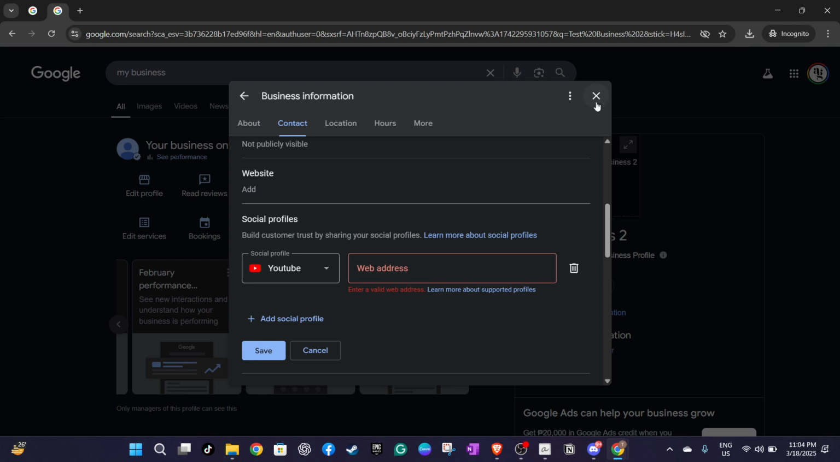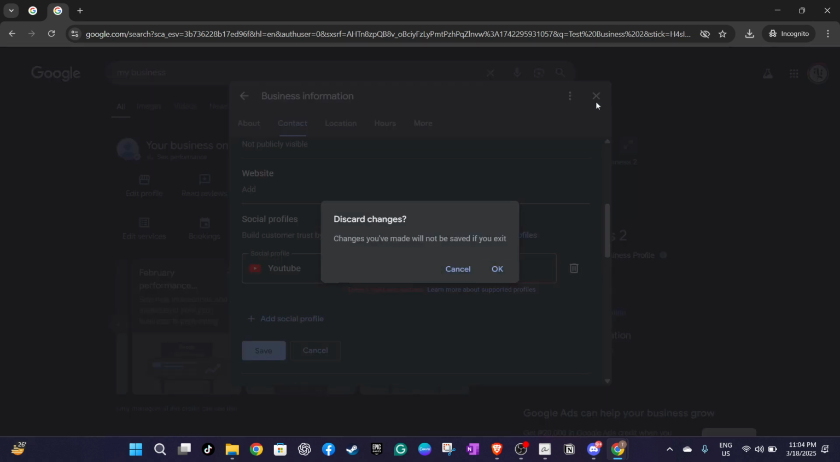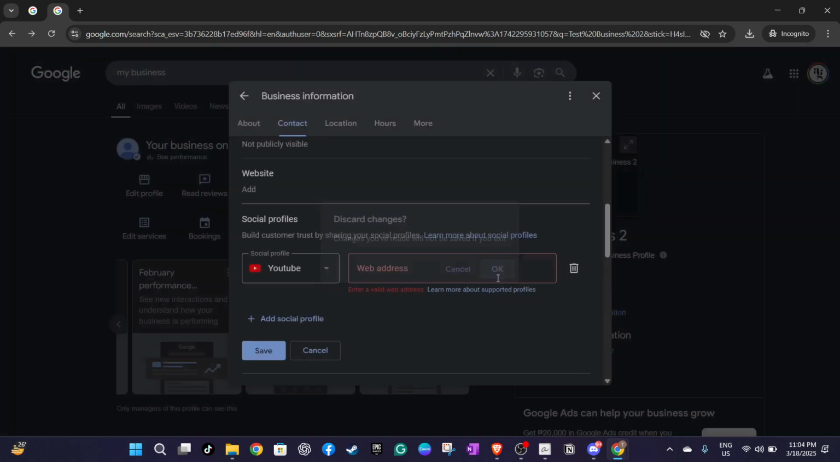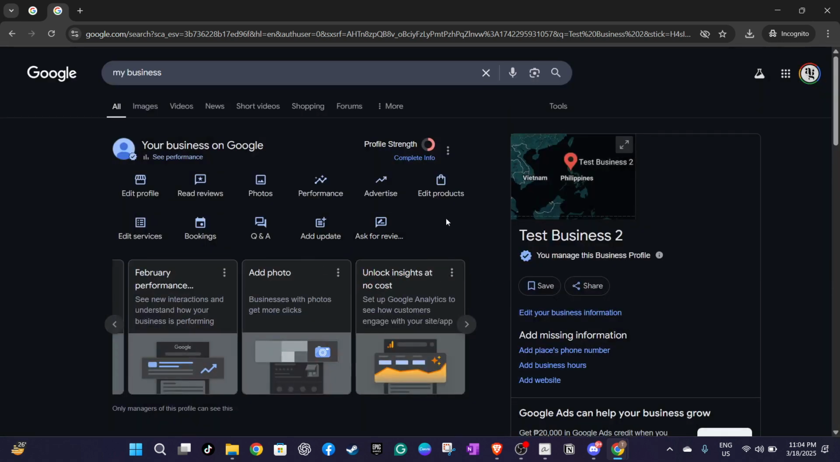To wrap it up, by following these easy steps, you've successfully linked your YouTube channel to your Google Business profile. It not only enhances your online visibility, but also connects your audience across different platforms effortlessly. Keeping your digital footprint updated is essential in today's business environment, and you're now perfectly set to leverage the benefits of an integrated online